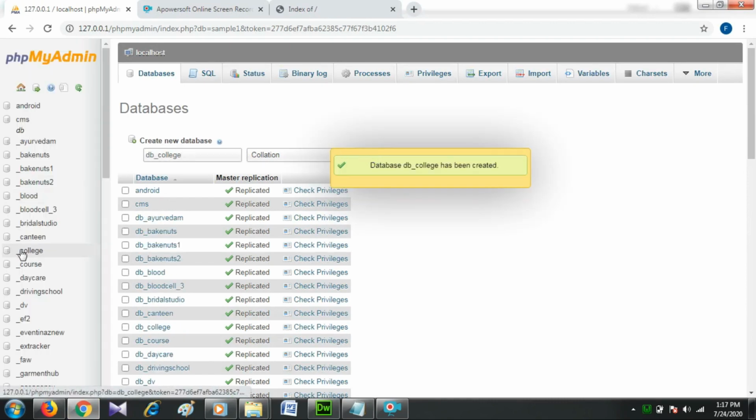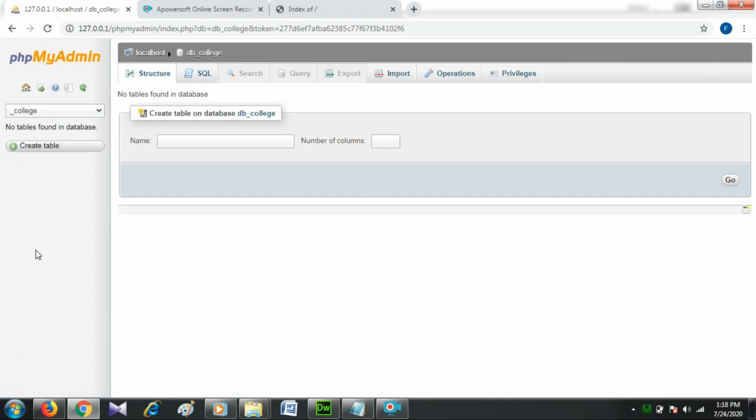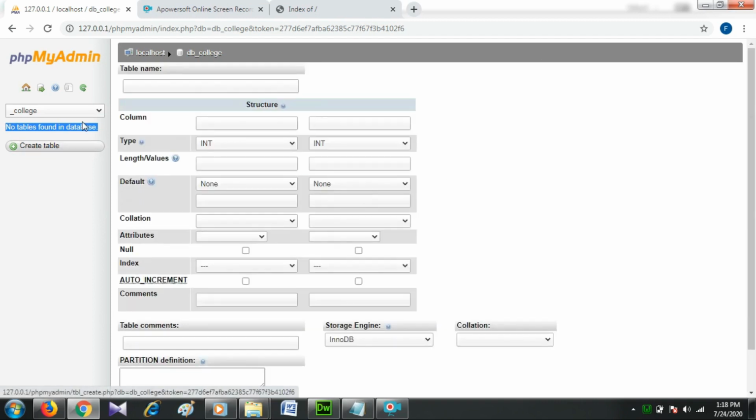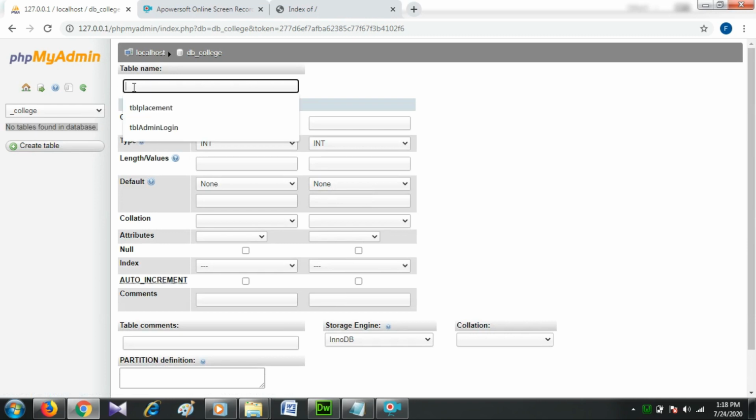Now our database is created; click on the database on the left side of our window. There are no tables right now. For creating a new table, click on Create table and a new window will appear.